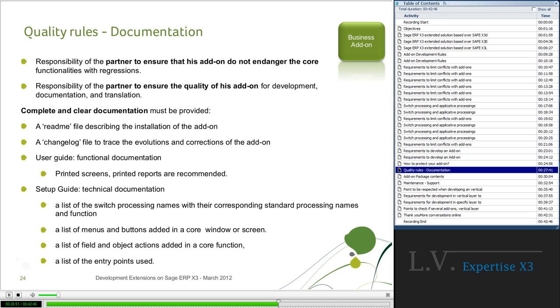A changelog file should trace any evolution or correction of the add-on. A user guide documentation, which will be the functional documentation, with printed screens and printed reports; this is recommended for comprehension.